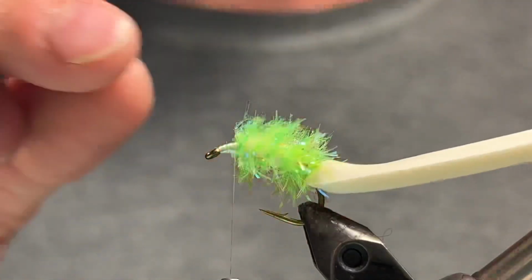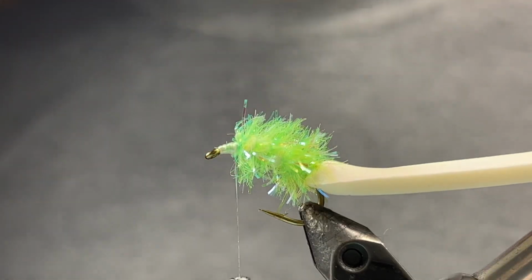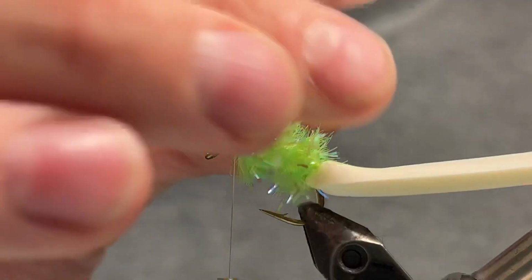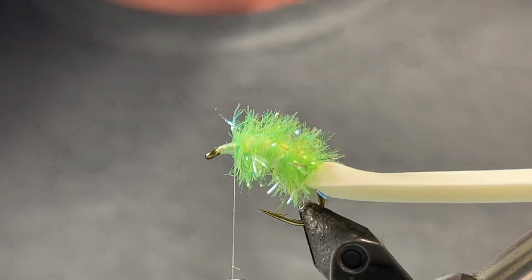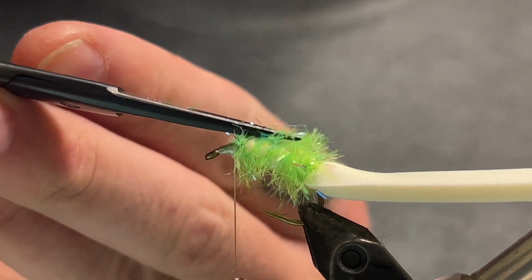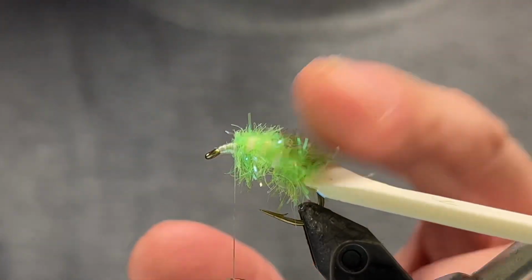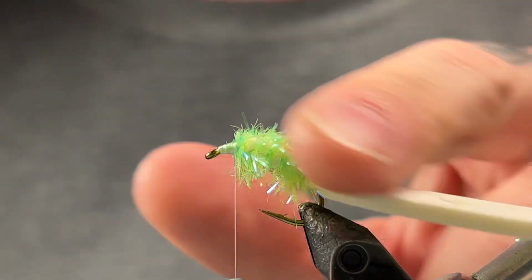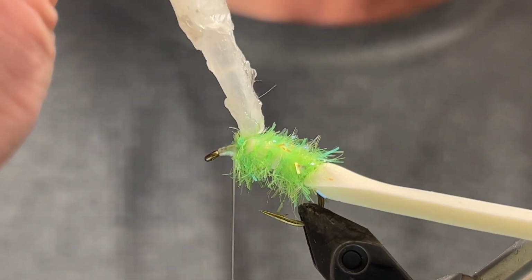You got to pull this forward, and you want to leave yourself room to glue it in, to do some good whip finishes, and you want to leave room to be able to tie on your fly when you're ready to fish it. Before I pull this chenille over, I'm just going to preen everything forward. Then I'm going to cut the chenille right down the center on the top. Make a little groove for that foam to sit on. Then I'm going to take more super glue, and I'm just going to lay it on top of where I just cut the chenille